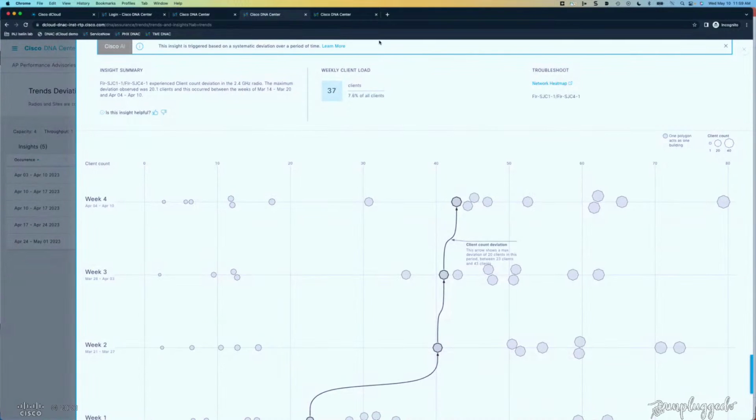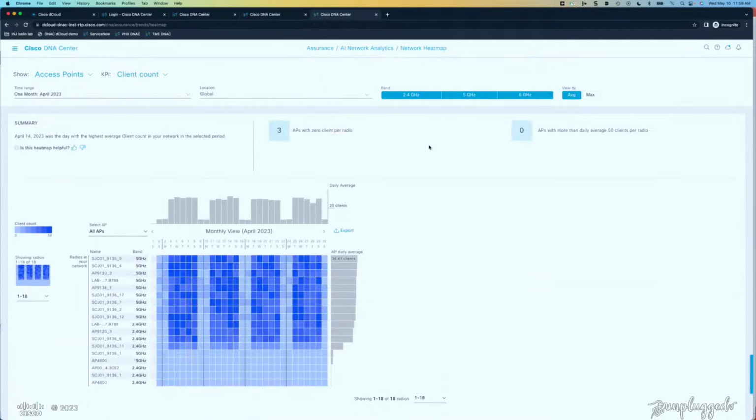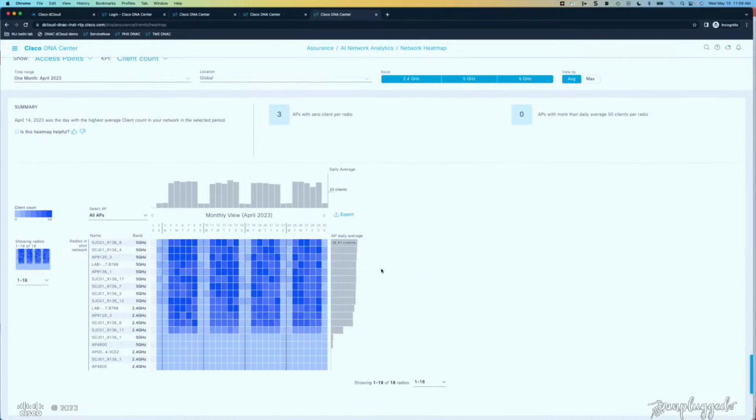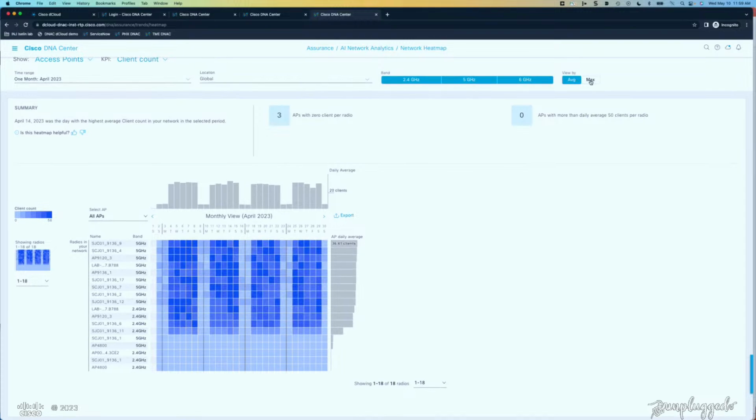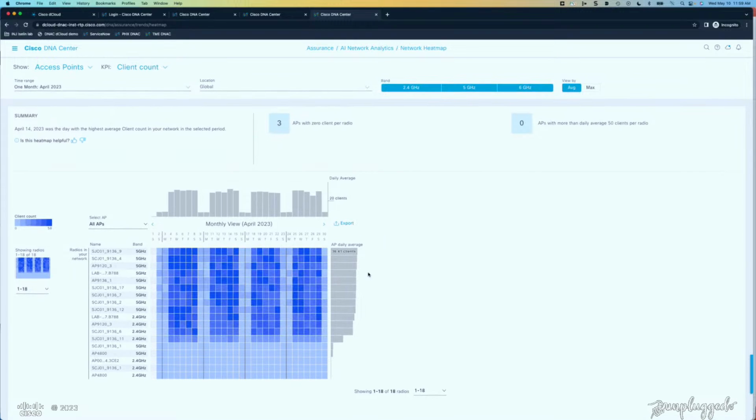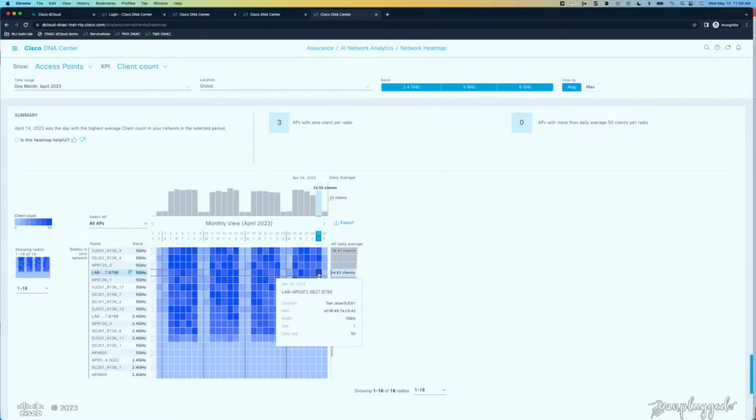I'm now going to move on to the network heat map. The network heat map also tells me how many users there are per day, either on an average or a max. I can look at all 3 bands or focus on a particular band. I know that I have a mix of 5 gigahertz and 2.4 in this particular space. And as important as it tells you how many users, in this case 50, connected to this specific AP, way more than I would recommend,